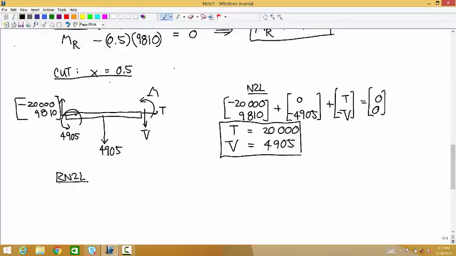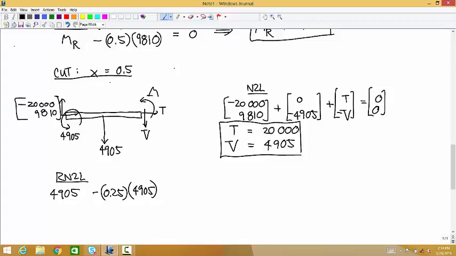And then the moment equation, the moments are computed about the left, so 4905. And then what's the moment arm of this 4905? X over 2, and x is equal to 0.5. We're not doing a range here, so this is going to be 0.25 times 4905